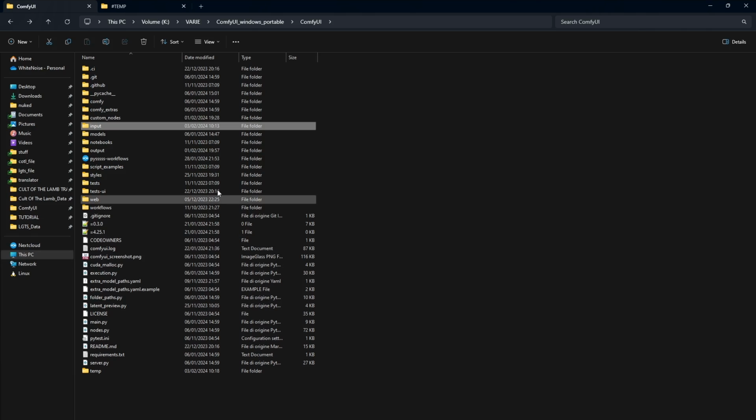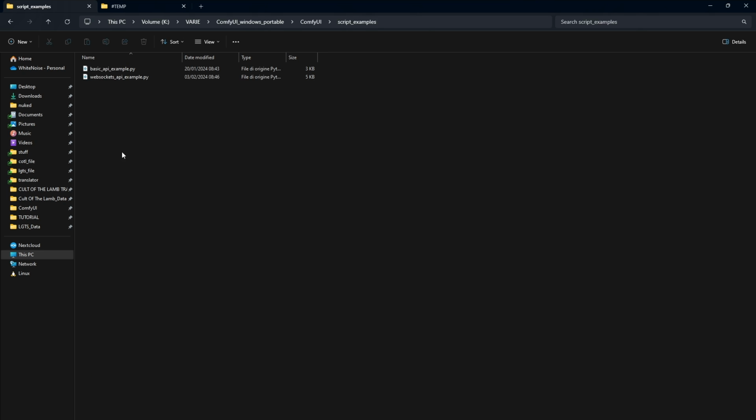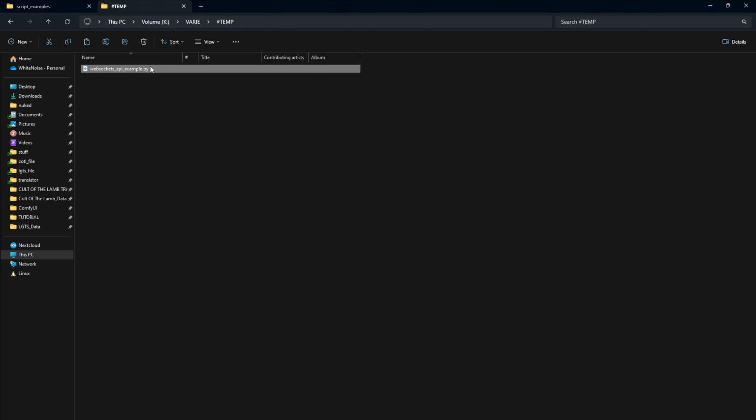So let's start with an example that's already been set up, provided by the author of ComfyUI. Actually, he provides two examples, but I've chosen the one that, in my opinion, is more complete. You can find this example in the script examples folder. And here it is. Let's copy it somewhere else so that we can work on the code comfortably and create